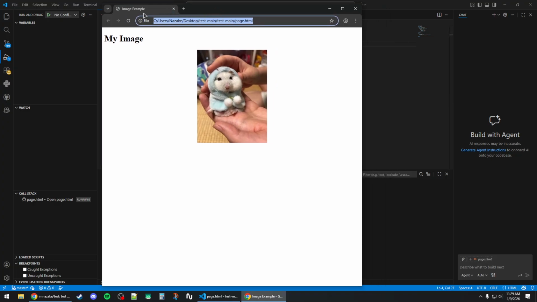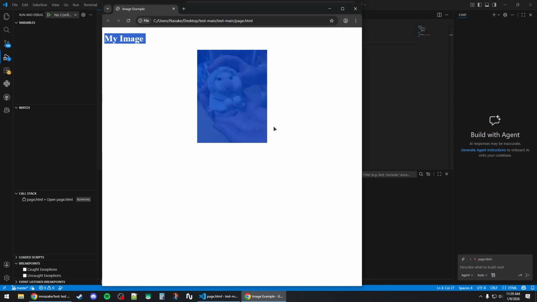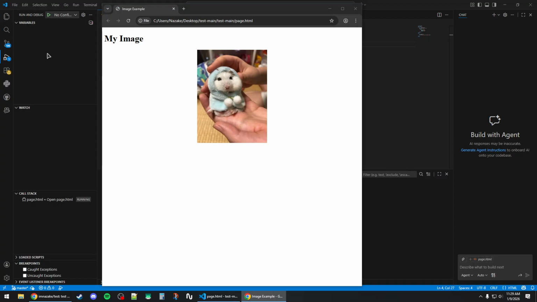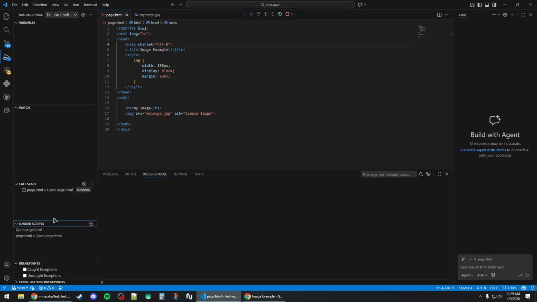In this case, my main browser is Chrome. It should open up on your main browser, and you can see the content of your HTML page like this. And on the left side, you can see the variables, the watch page, and the call stack if you have functions and stuff going on. You can also expand these windows to see the loaded scripts and the breakpoints for debugging,